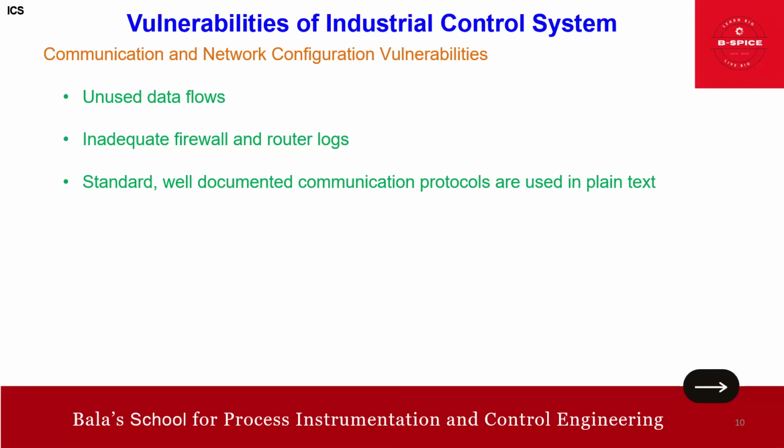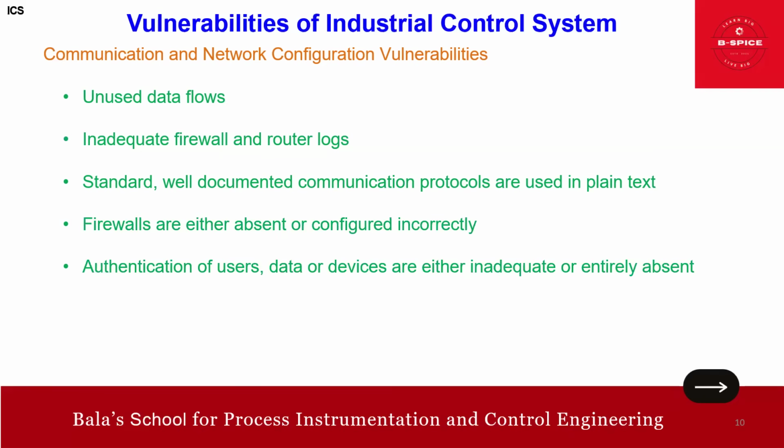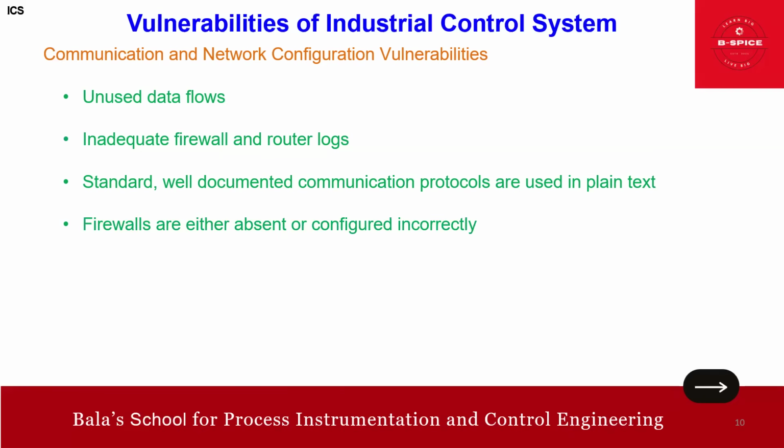Okay. Then another one is the firewalls, which we all know. See, firewalls are either absent or configured incorrectly. Insufficiently configured firewalls can lead to unrestricted data flow between diverse networks, such as control and corporate networks. Okay. This actually can create openings for potential attacks, right? And also spread of malware across the network, ultimately exposing sensitive data to potential monitoring and allowing unauthorized access to systems. So we need to have a firewall which is configured.